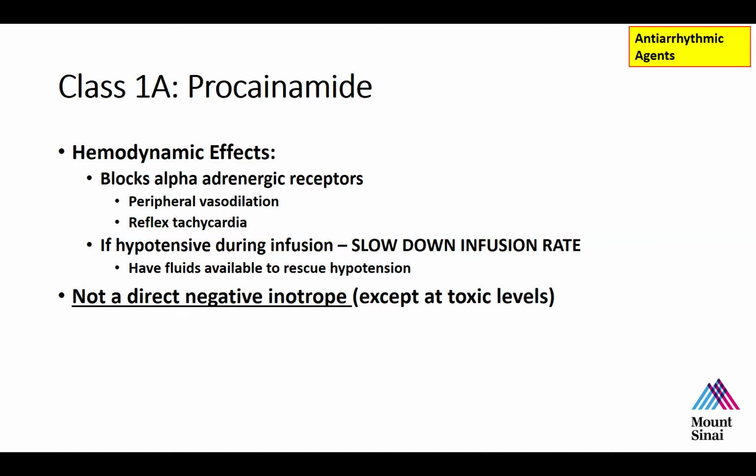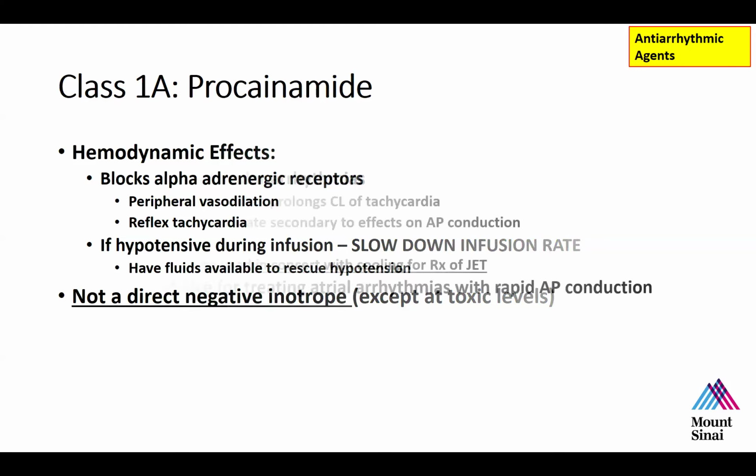Now, I want to make this in contradistinction to the cardiovascular collapse that we talked about last week with amiodarone. So amiodarone, we talked about in infants, like 5% of the time infants can have a cardiovascular collapse, has associated hypertension. This is really just from alpha blockade with procainamide. It does not typically cause cardiovascular collapse. Unless, of course, you're not tuned to the hypotension and not responding to it by either slowing the infusion, giving fluids, or both. But in general, it's a safe agent.